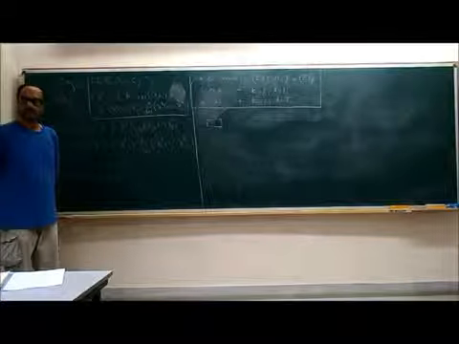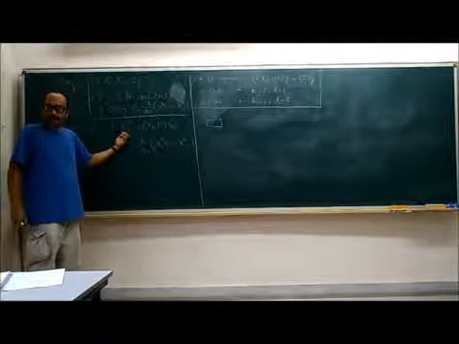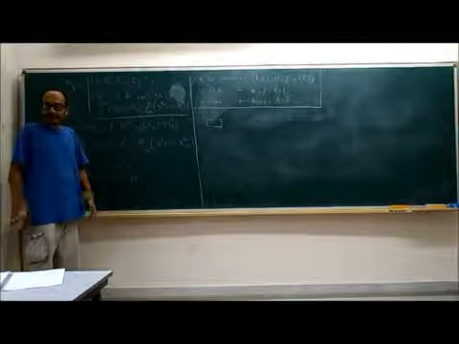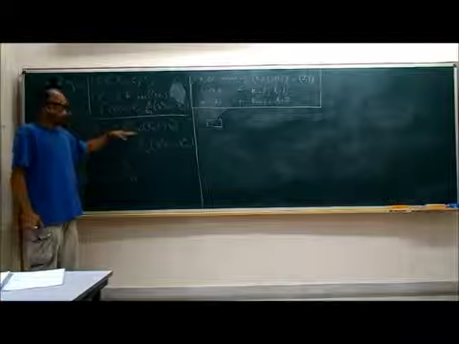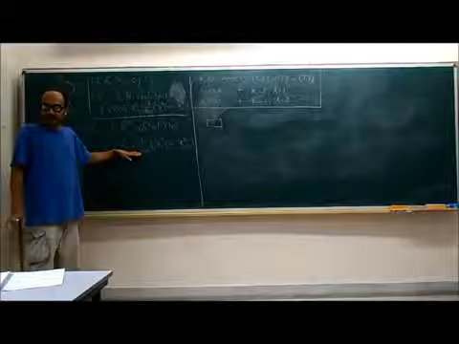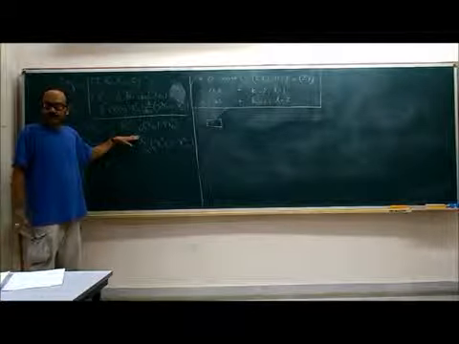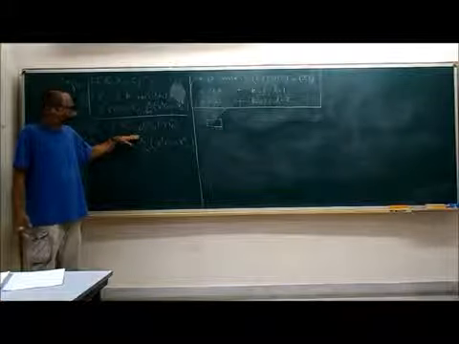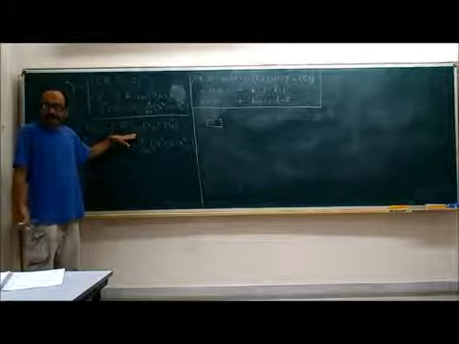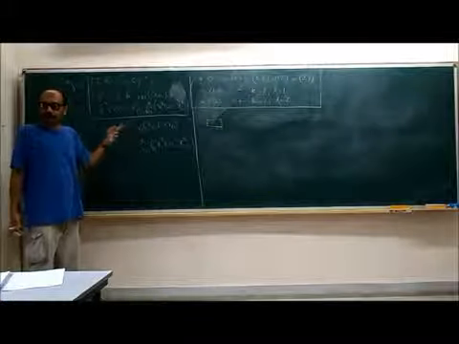But you have an order epsilon cube term. Yes, but you can take epsilon to be sufficiently small, so that order epsilon cube can never cancel this. So if the monodromy is identity, then you know that this has to vanish. What are the additional conditions? We will see. But at least R_ijkl has to vanish if the monodromy is identity, because order epsilon cube cannot cancel order epsilon square. You can take epsilon to be as small as you like. So unless R_ijkl is equal to 0, the monodromy cannot be identity.